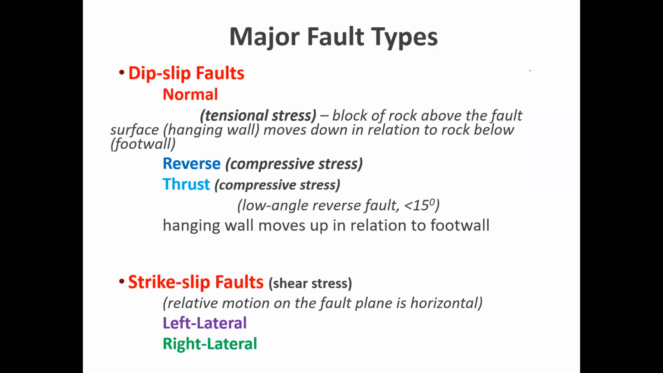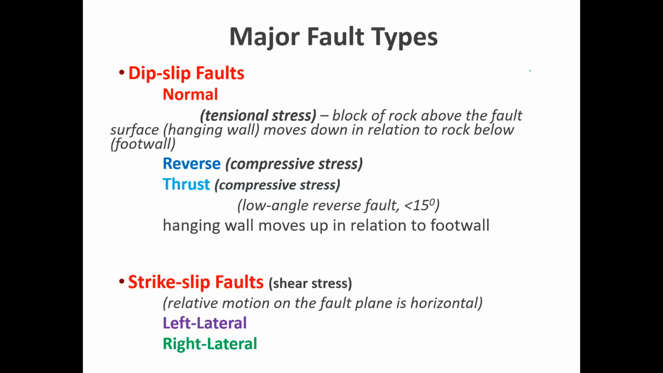So if the hanging wall moves up in relation to the footwall, it's a reverse fault. And if the hanging wall is thrust completely over the footwall, it's called a thrust fault. So reverse and thrust faults are both caused from compressive forces, from compressive stresses. A thrust fault is just a low angle reverse fault. And if you're wondering where those terms hanging wall and footwall come from, I'm going to tell you that in